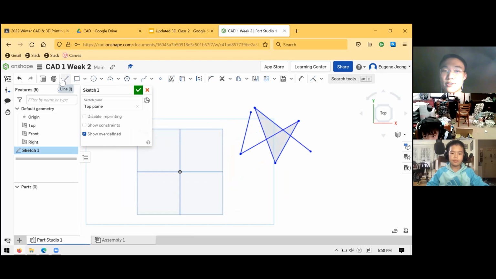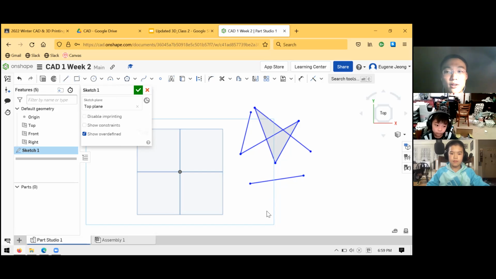Onshape that you're done using the tool, or it won't let you do things. Like in your case, you found out that it won't let you delete if you're still using the sketch tool, or the line tool. So what's happening there, you're seeing something like this, and if you look in your toolbar, you'll see that the line tool is still highlighted, which means it's still active. So what you want to do is just click on it again to tell Onshape you're not using the line